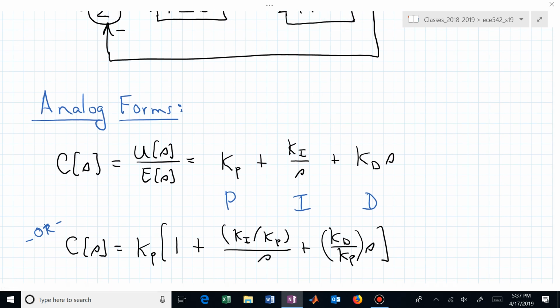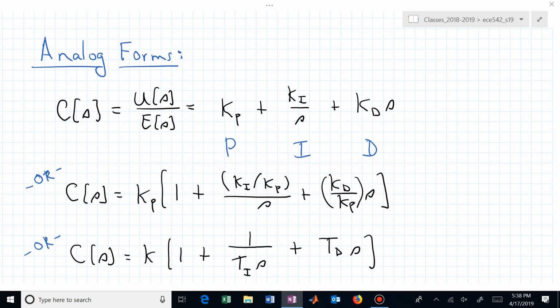Suppose now I factor that a little differently. Suppose I factor out the gain from all three terms, and now I have a polynomial or rational expression in S scaled by the proportional gain K sub P. So you have three terms still, but now you're scaling all three of those with this K sub P. Obviously the end two terms depend on K sub P if you write that gain in terms of K sub I, K sub P, and K sub D. You're going to think I just wanted to go back to algebra class.